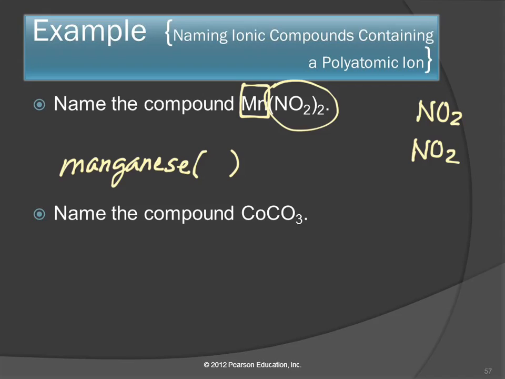What is the charge on NO2? It's -1. How do you know that? Because you memorized that. We should memorize nitrate. Nitrate is NO3 minus. It's not a very good,